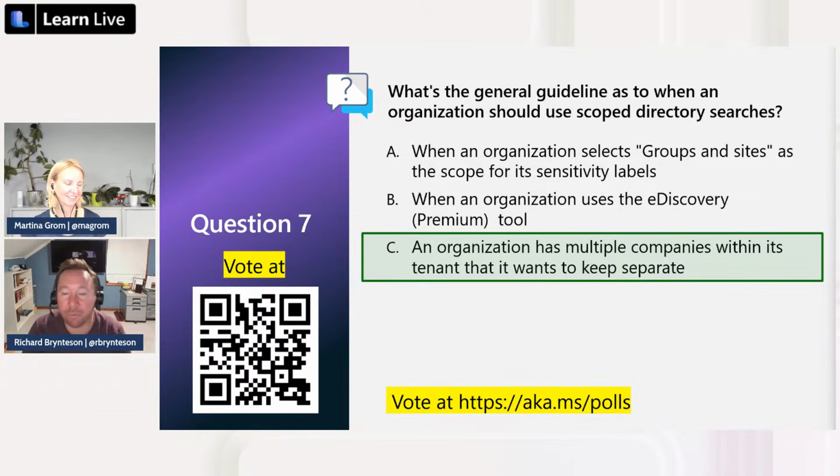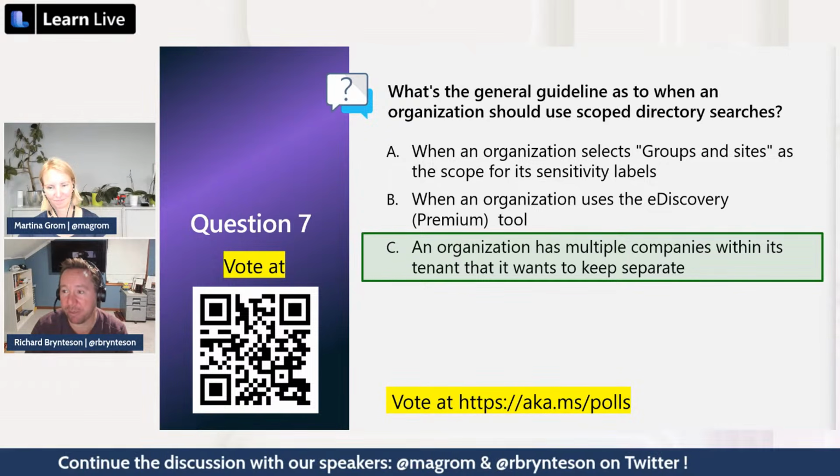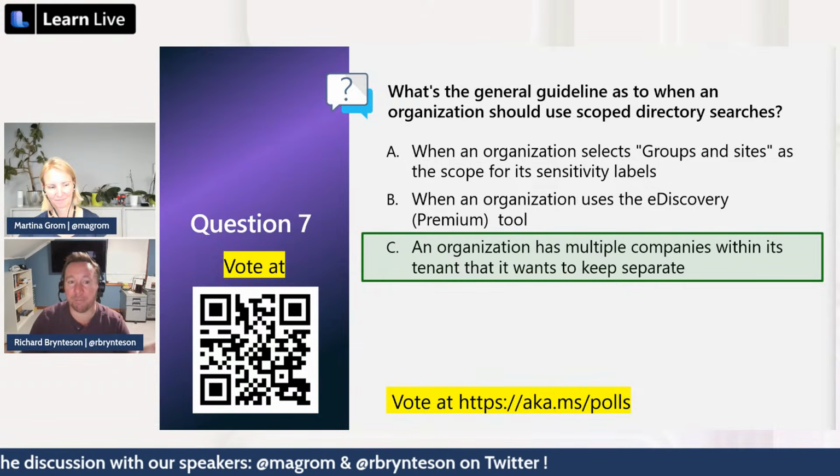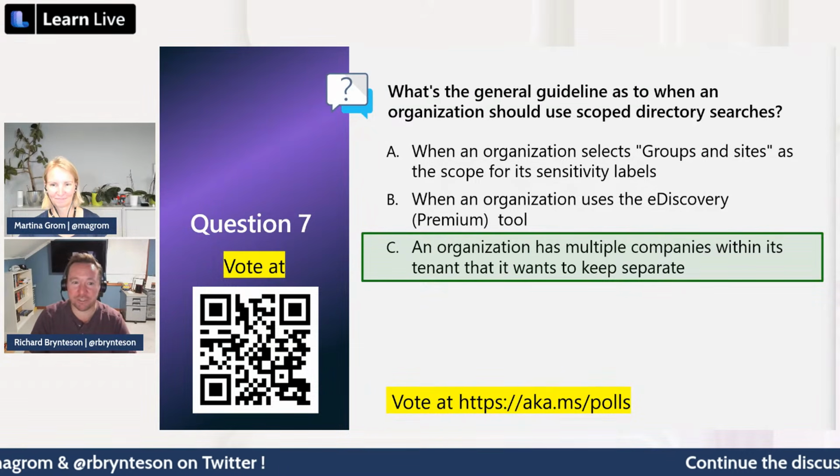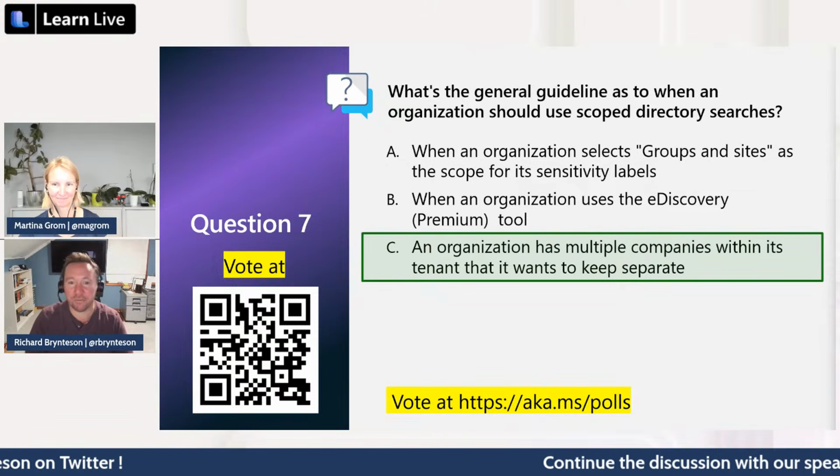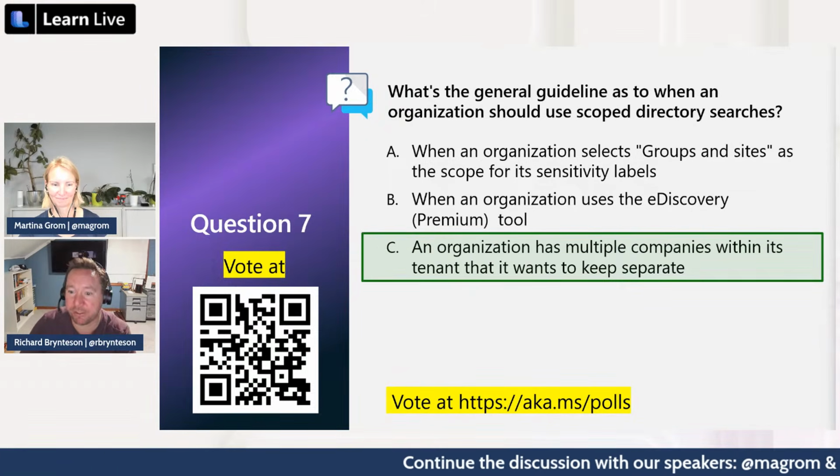So this is where we talked about information barriers, right? If I wanted to set up an information barrier, we talked about it in the sense of compliance, like financial regulation. That might be the same company, or I gave the example of acquisitions. If you have multiple companies, you might want to prevent them from being able to talk to each other.